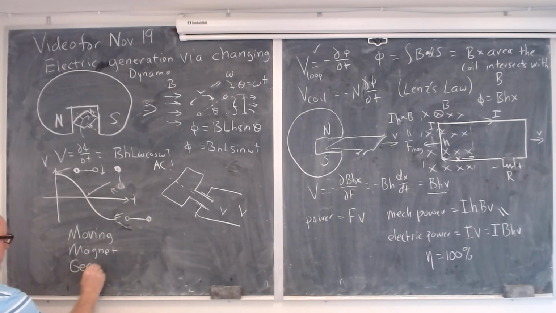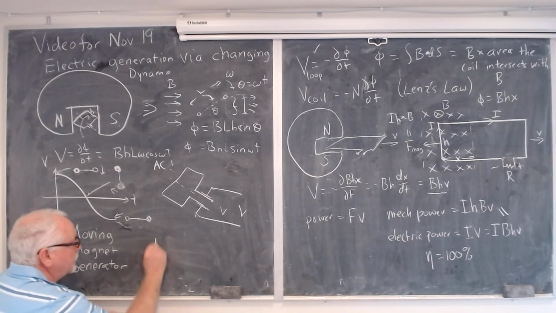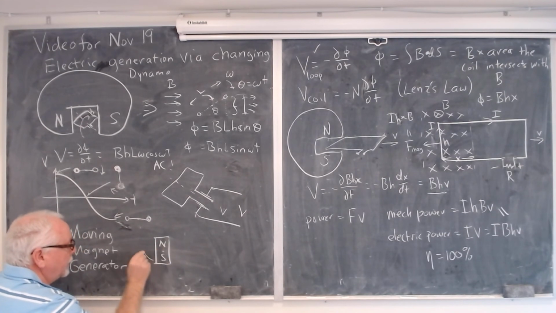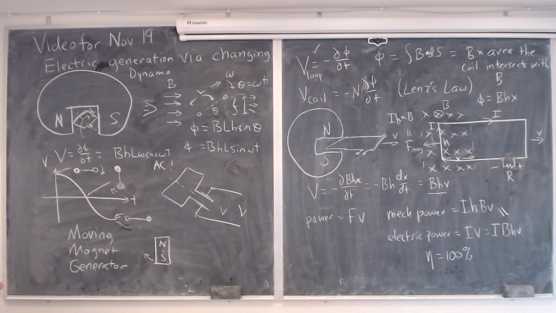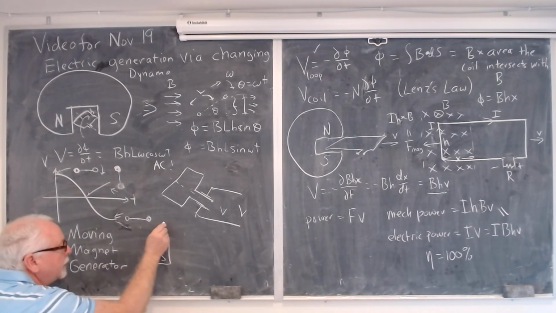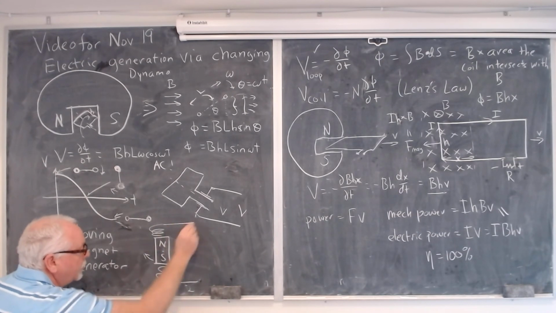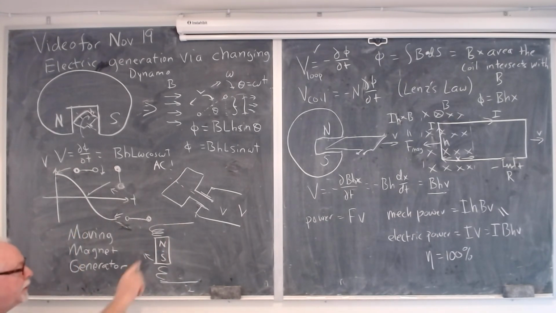Generator. It's the same thing, because Lenz's law doesn't care whether I move the coil or the magnet. They just have to move with respect to each other. So what you do is you put your magnet on a rotating shaft, you're rotating it somehow, and you arrange a coil on both ends because